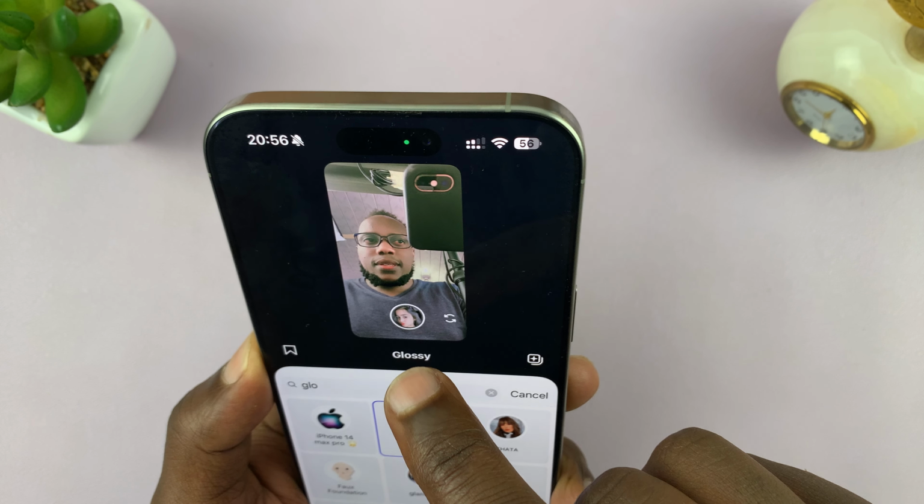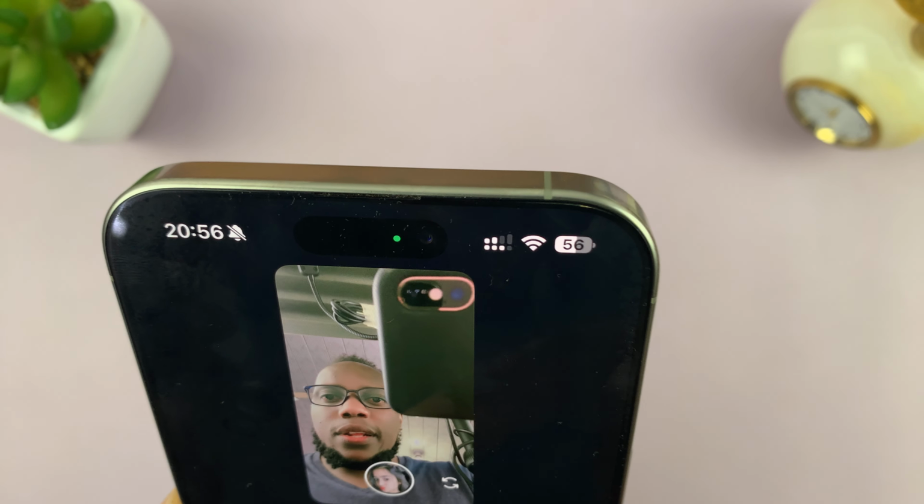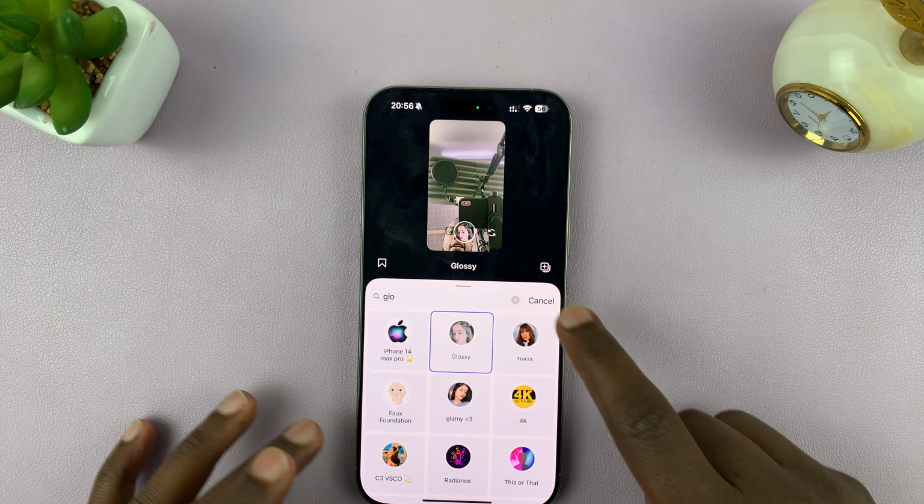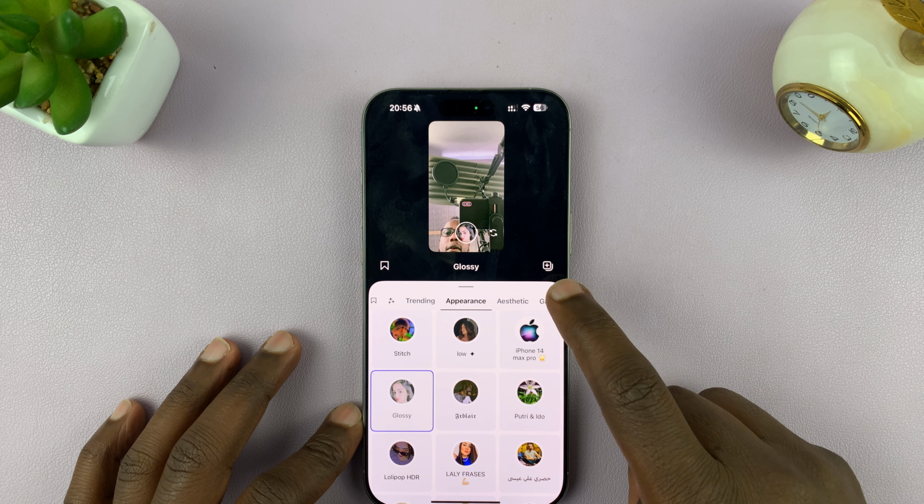So you can see it. I look a bit glossy. It's yeah, it looks bad. So that's basically how to find it. I'm just gonna cancel that for now, and then